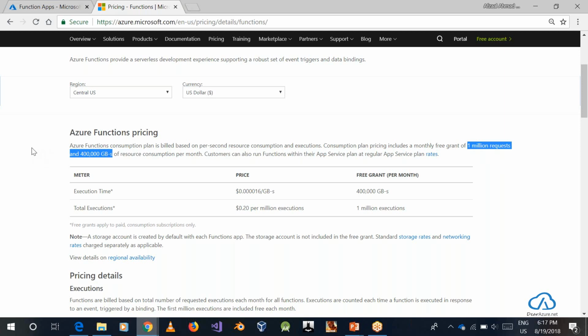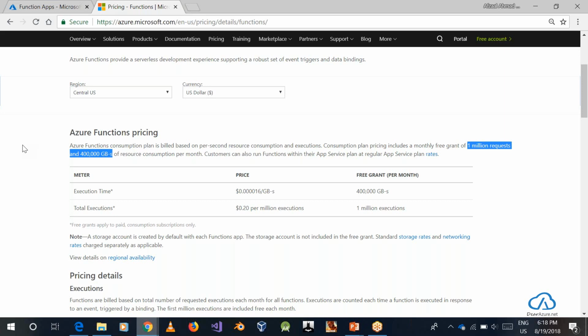Microservice is not mentioned. It is at function level. If, for example, I have a function app, and inside it there are 10 functions, it is 1 million requests in total that we are executing for the overall Azure function. So if your first function takes 500,000 requests, the rest of the nine will have to accommodate in the remaining 500,000. So it's 1 million requests for the overall function.